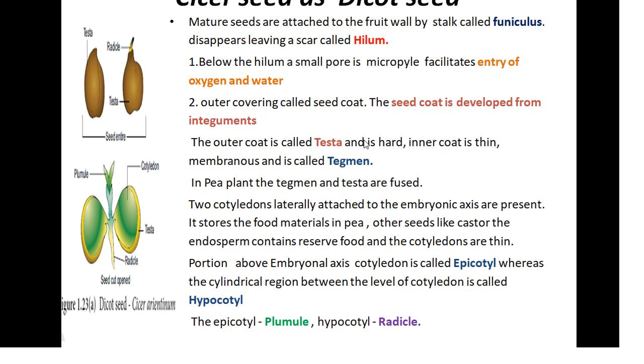There are two types of seeds. We have studied in the last year in our plant kingdom lesson, that is dicot seed and monocot seed. If it is having two cotyledons, it is called a dicot seed. If it is having only one cotyledon, the seed is called monocotyledon. So the gram seed is a dicotyledon. I already told you, gram means our chenna. In Tamil it is called kondakadalai. Okay, so if you are taking the sprouted gram seed.